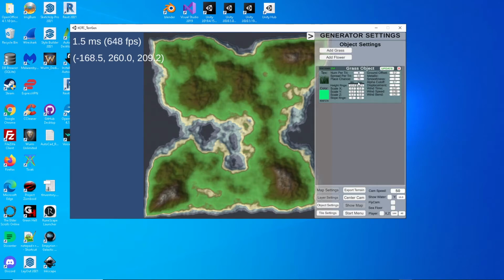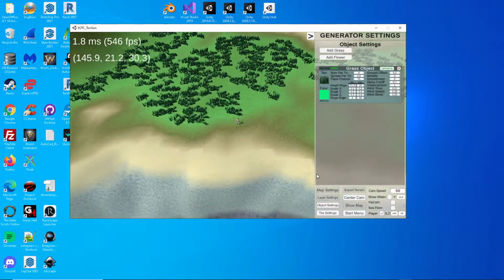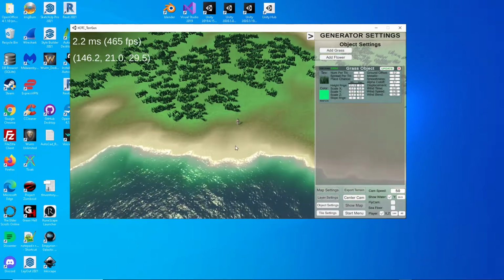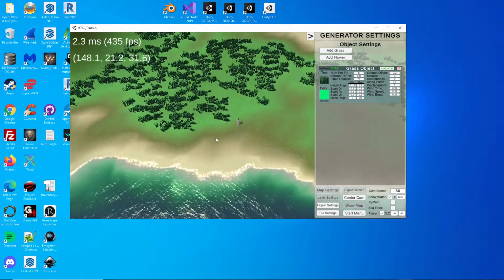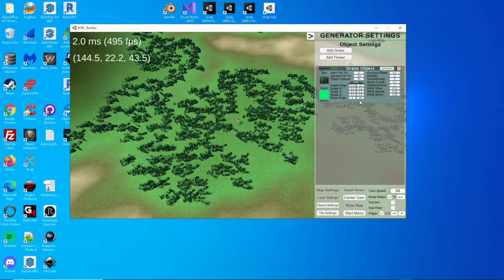We'll go with these settings here, except for this needs to be 21.5 and 23. Go to update. We'll turn on our player. So that'll show them there, and then when we turn on the water, I think the water is 20.5. Yeah. So then turn on the water. And we got one. Basically, this grass object here with these settings will allow for the grass to look like that,